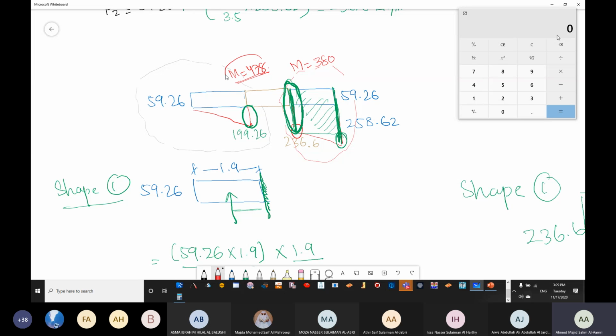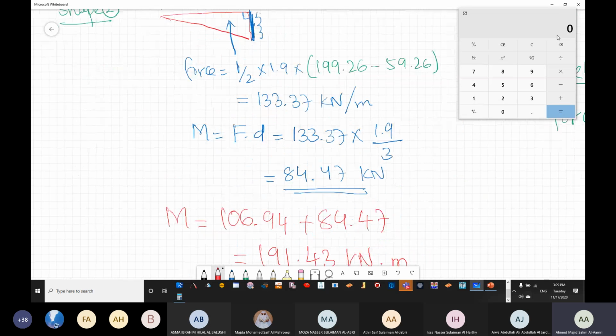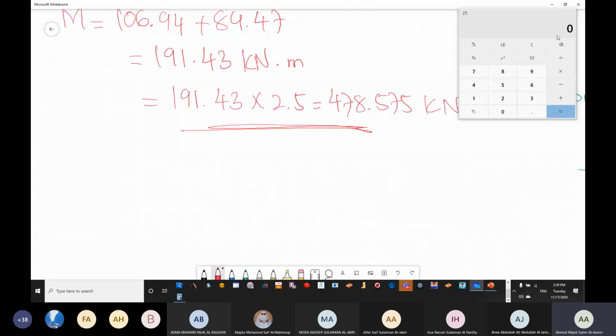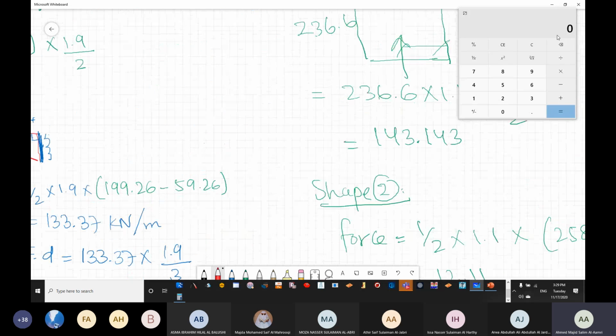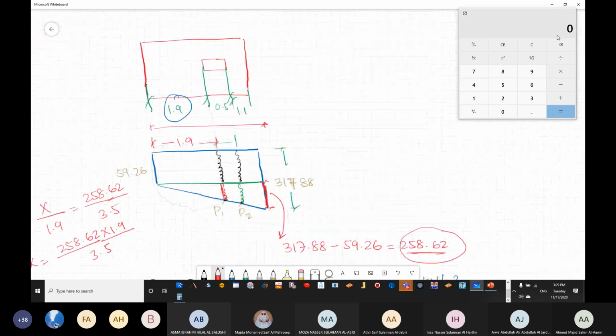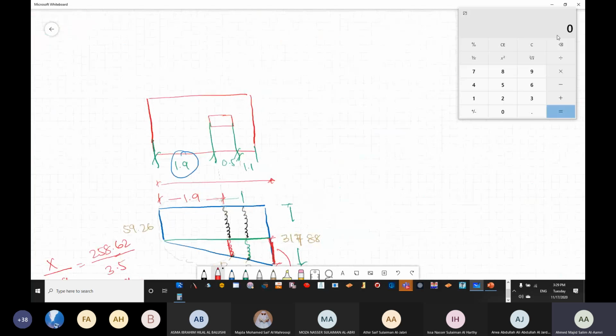So you are going to design for M. After finding M, you will calculate your K. After calculating K, you calculate your Z, and then calculate As. Now this is for one direction only. For the other direction, the pressure is going to be uniform, because we don't have eccentricity in the other direction. Eccentricity is only available in the longer direction. If you remember, we have eccentricity only in one direction. So the other direction is going to be a